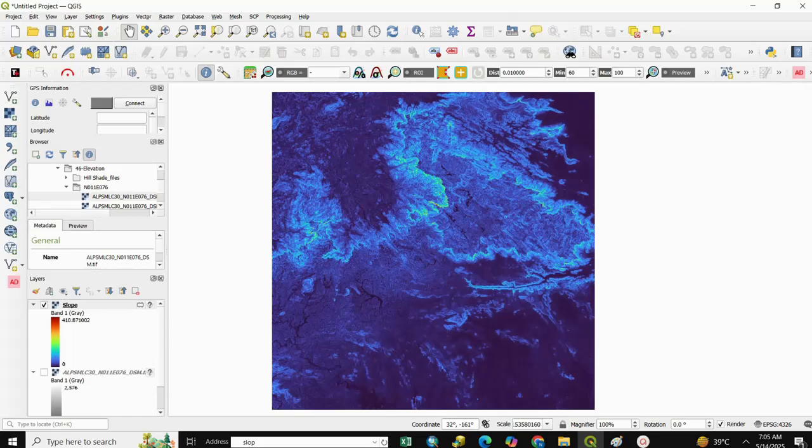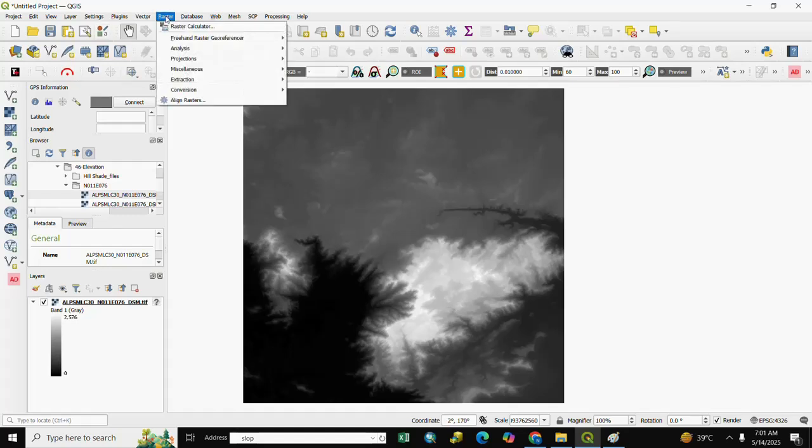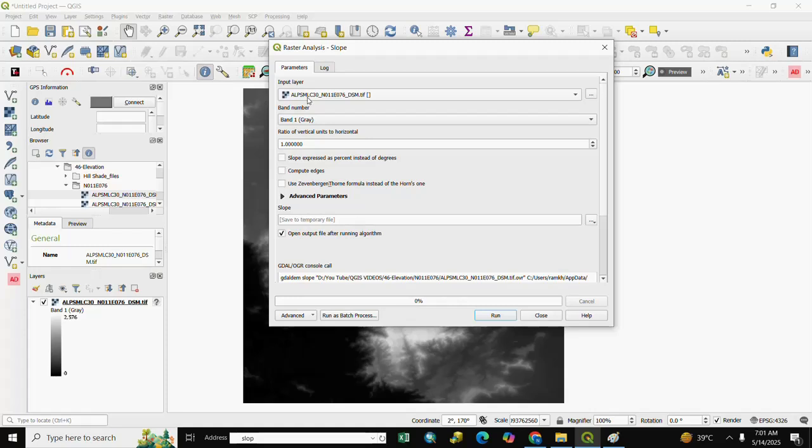So let's start. Here is our image. We create slope. For slope we go to Raster and select Analysis. After Analysis we select Slope, and here is the input and band number, Band 1 Gray, and the ratio of vertical unit to horizontal, we write here 45